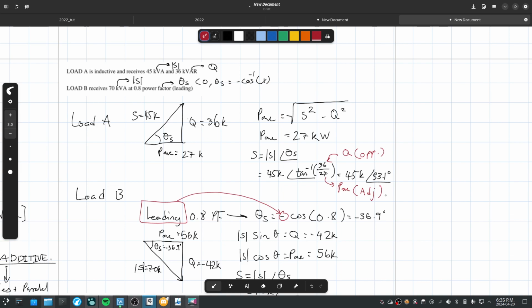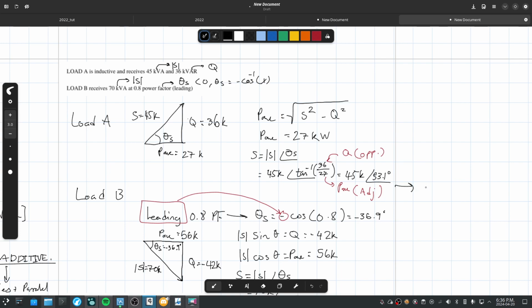You could also put that into your calculator as polar form and convert it to rectangle form. Yeah, absolutely. Again, phasor form is a triangle, and rect form just gives you the components of that triangle. So let me show you right now. If I go into my calculator and I put in 45,000 with a phase angle of 53.1 and I turn it into rect form, I will get